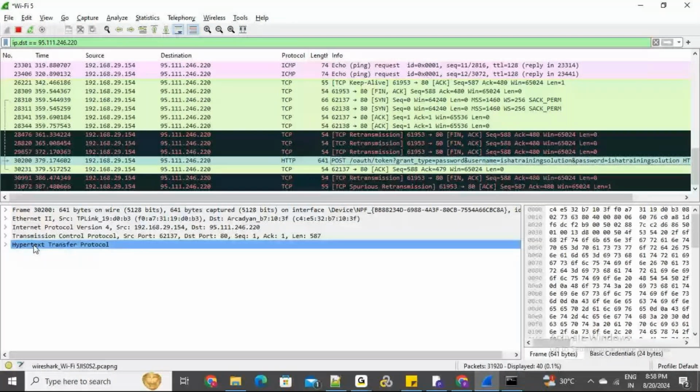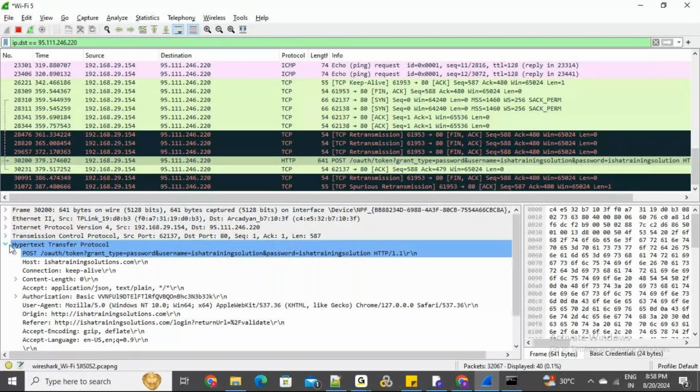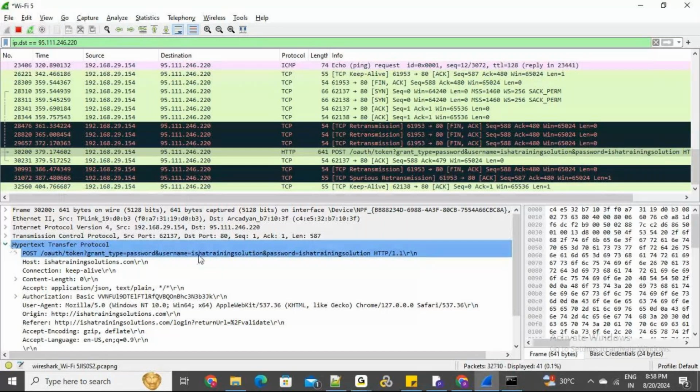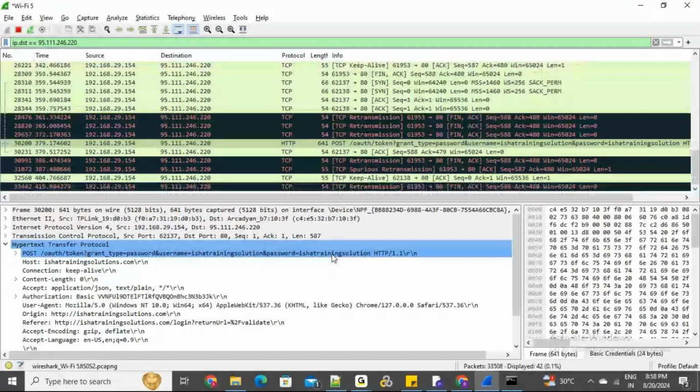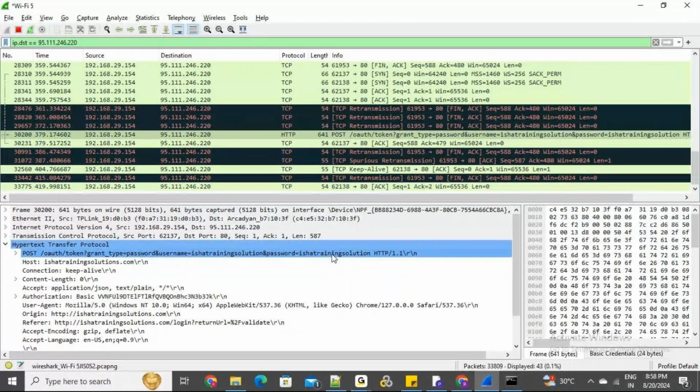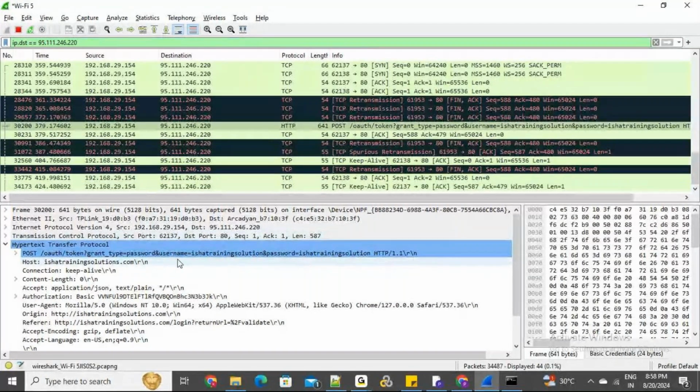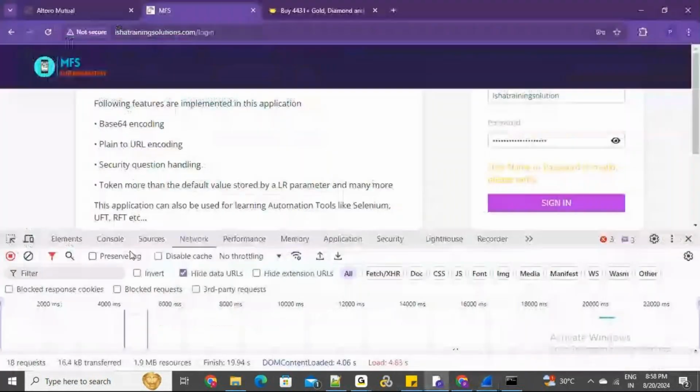If you see here, from an external tool, I was able to capture the username and the password as plain text. Okay, so which means if a hacker could somehow get into your network, the same network, and if he is able to listen to the conversation, he can easily go and get this user ID and password through any of these proxy tools, because Isha Training Solution is over HTTP. It's not secure,